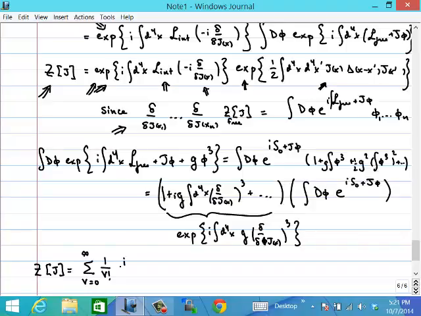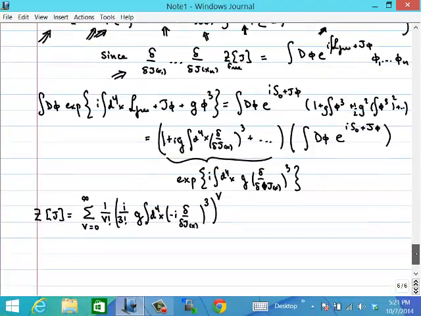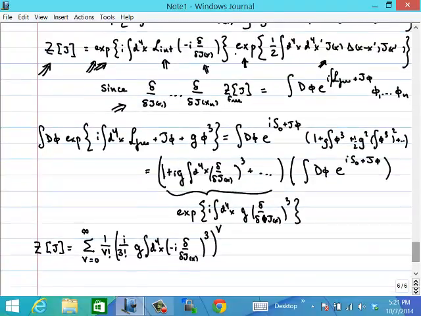So I have an i over 3 factorial times g times the integral d4x of, what was it, minus i d by dj of x cubed, and we take all of this to the v power,